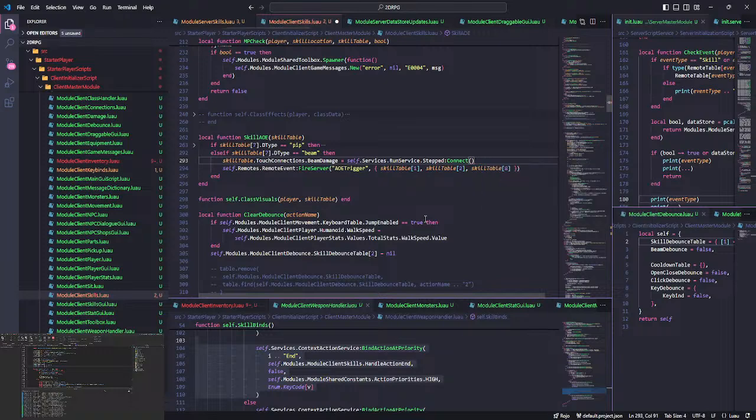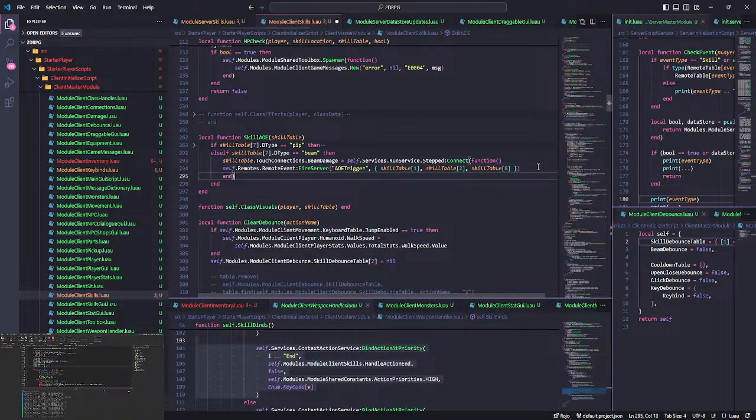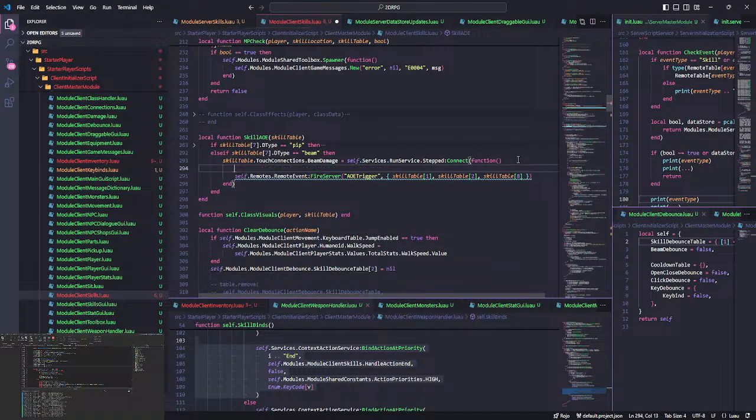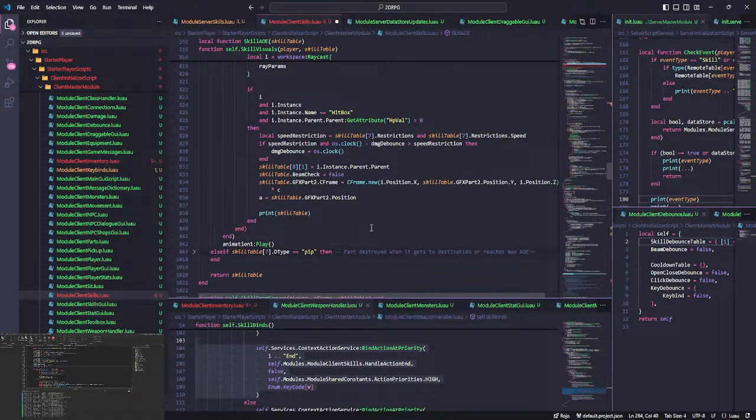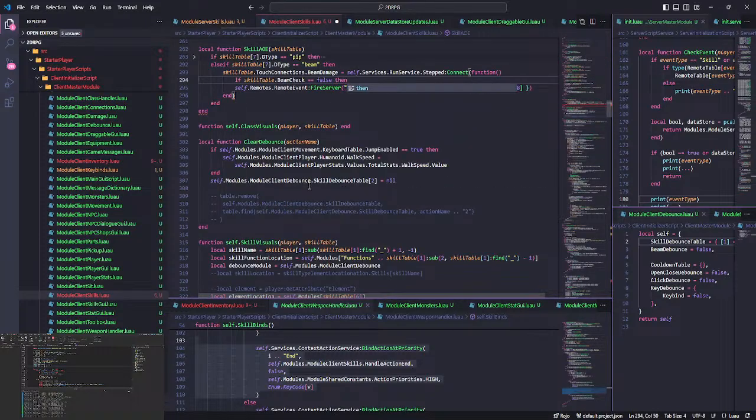Actually, do I even need dt? Probably not. I was messing that up already. What do I have saved here? Oh, they're just the debounce thing. If skill table dot beam check is equal to false, then